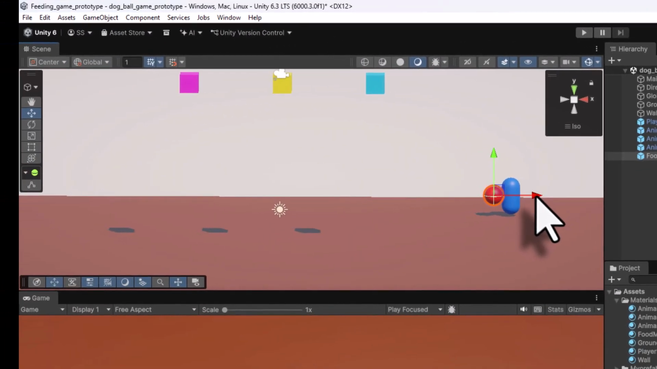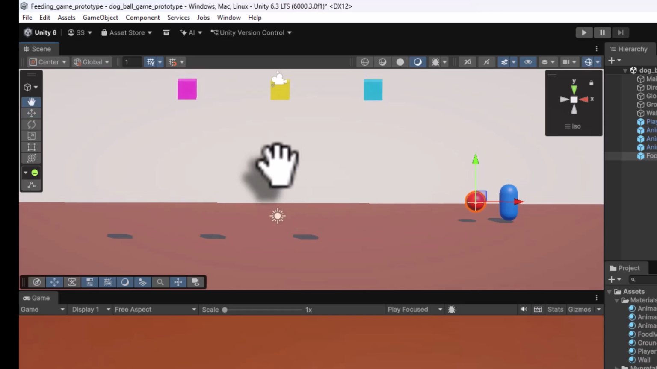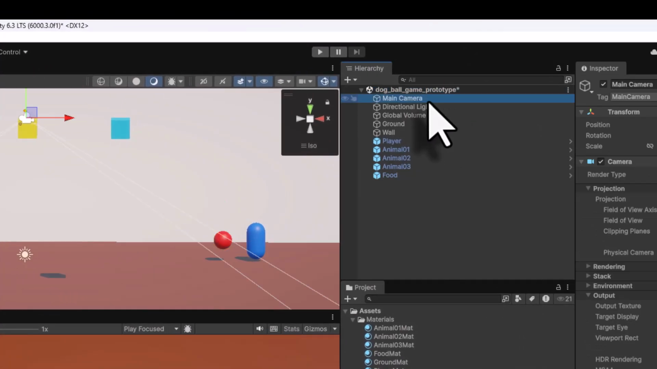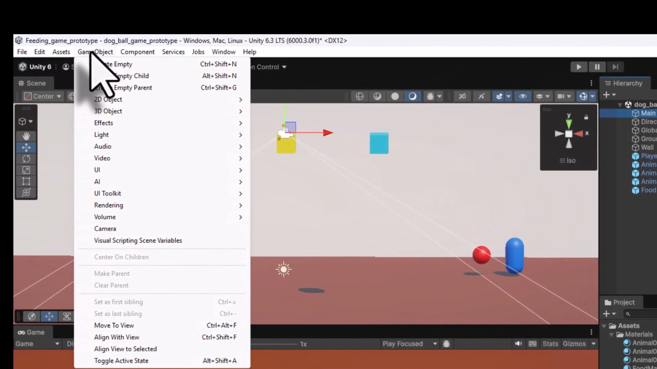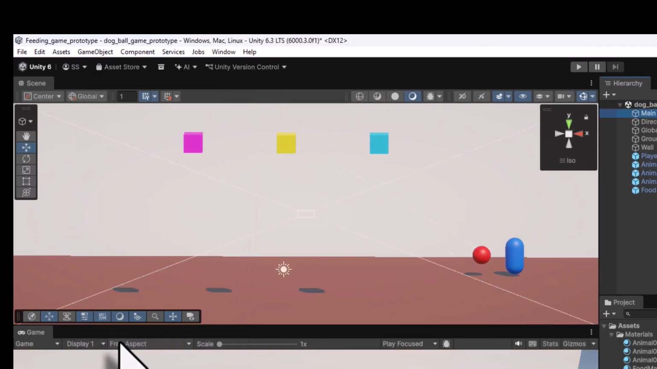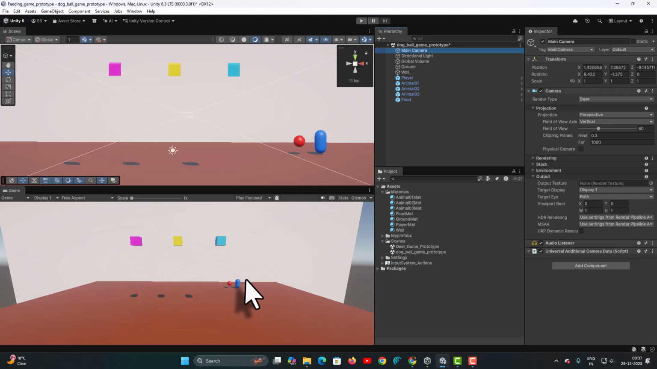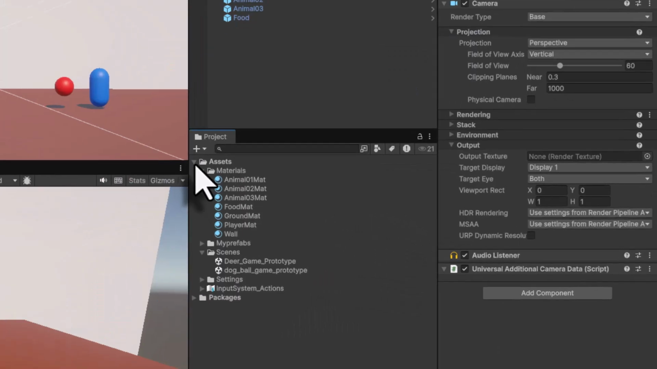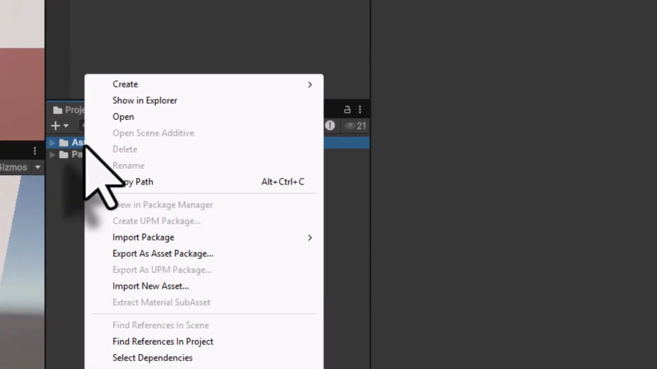So I can now create a prototype like this with middle mouse click, adjusting the view like this. Now select the main camera in the hierarchy, come into the game object and choose align to view. And now in your camera, you are going to have this view. I will go to file and save this. And again, to export this, I can just come to the asset, right click,